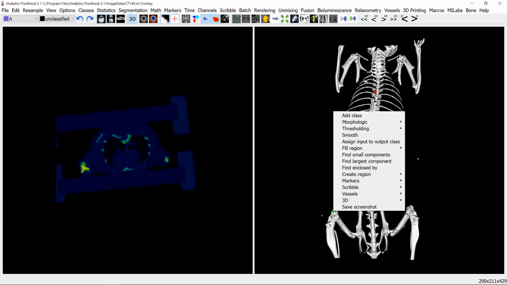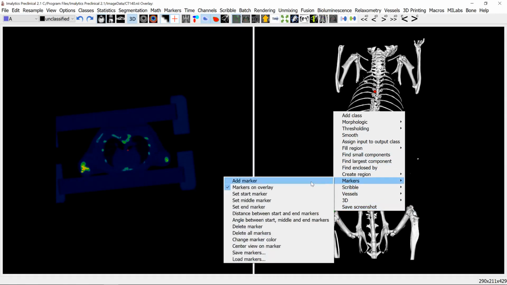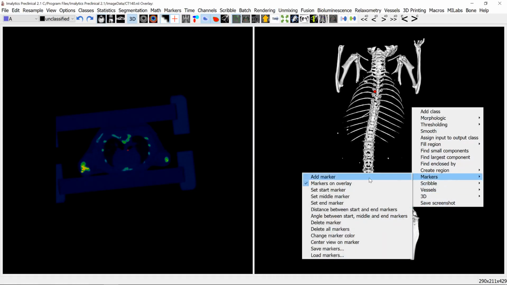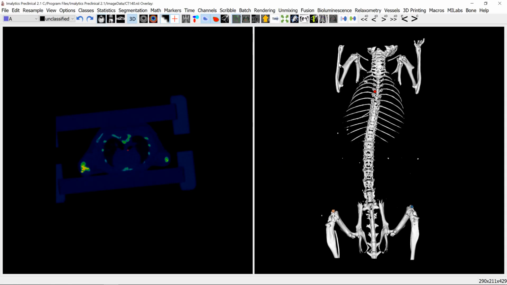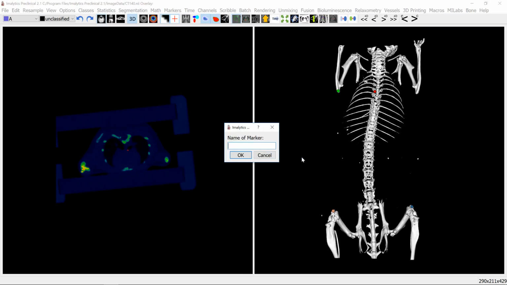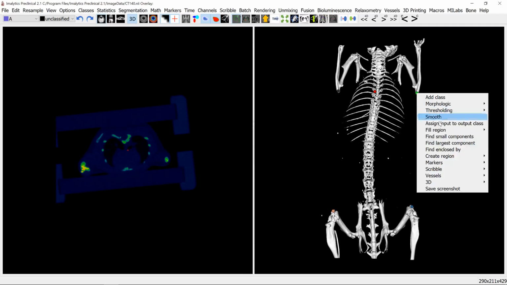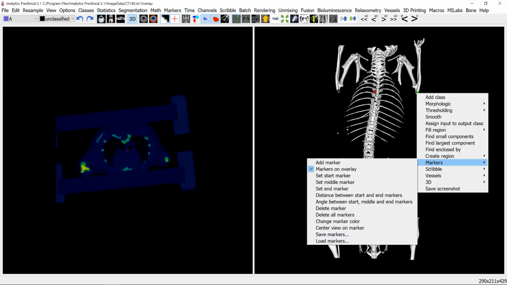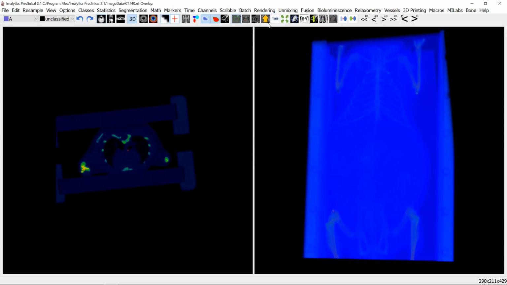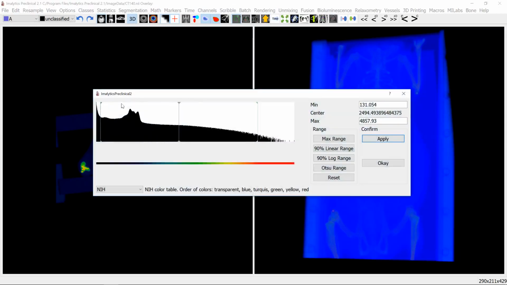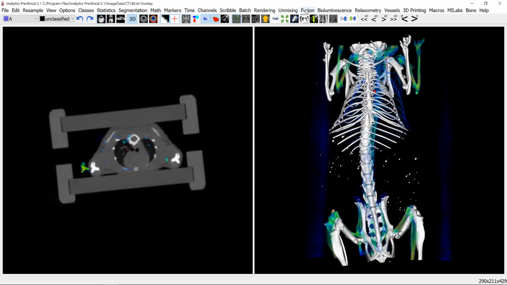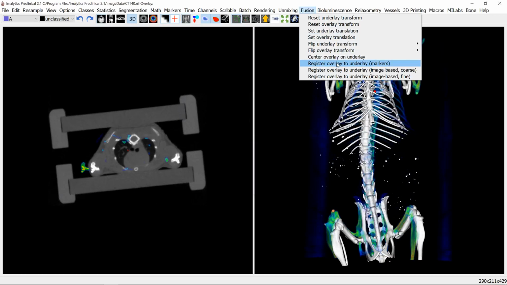So again we place markers here, marker 1, marker 2, marker 3, and marker 4. Let's toggle the overlay rendering again as before here, and now we can click Fusion, Register Overlay to Underlay based on the markers,